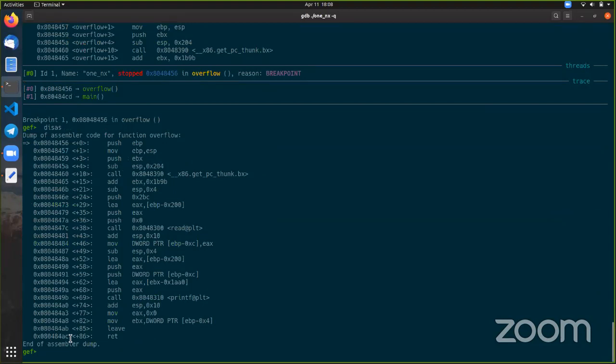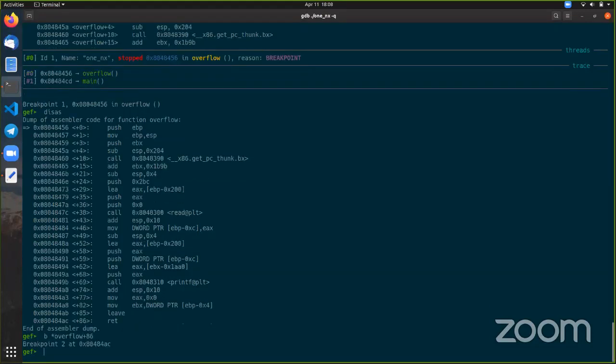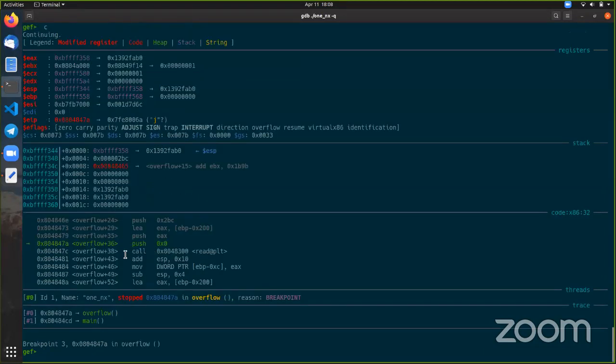And let's set the breakpoint here at the end of overflow so as to follow the return instruction, right? And let's just continue. But before continuing, we also need to know where the data is getting stored. So let's also have a breakpoint at plus 36 and continue. So plus 36, the push EAX was the pointer to the buffer where the data will get